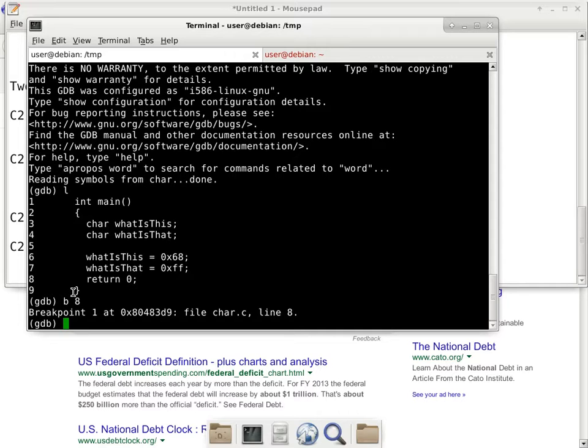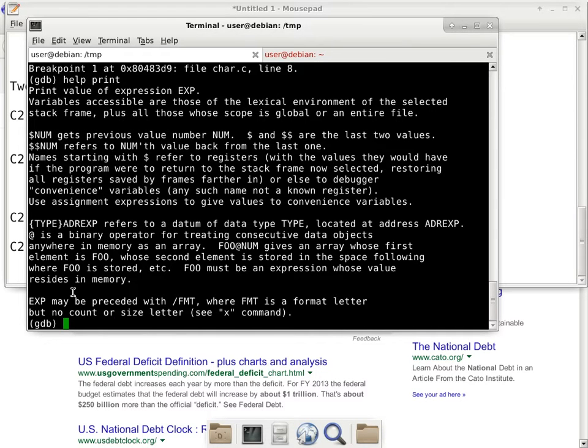Well, can someone say help? Yeah, it will take you some time to read it, okay? But nonetheless, I think this is something that you guys can read, so I leave it up to you. The most important part has to do with the formatting, okay? Expression can be preceded with /FMT, where FMT is a format letter but no count or size letter. See X command. Great, it has a reference to the X command, so what do